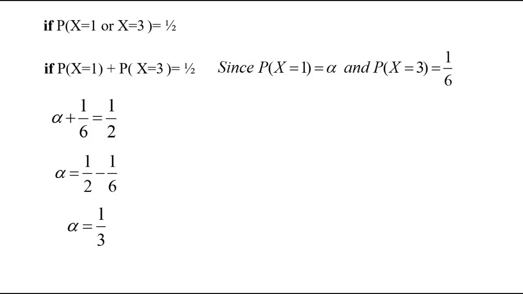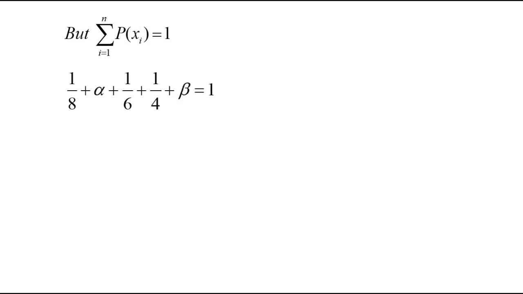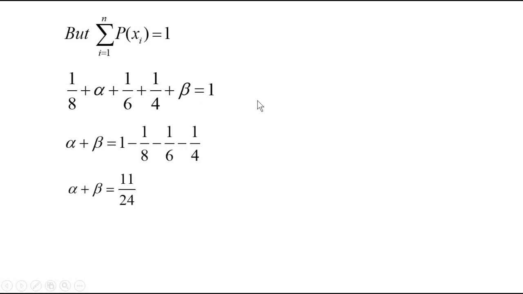beta. Only one condition is given, but we know by default that if we have a probability function, the sum of all the probabilities will be equal to 1. Now using this condition, we are going to add all the probabilities from the table, which is equal to 1. Now solving this equation, you know the value of alpha, substitute 1 by 3 and find out the value of beta, which is 1 by 8. Thus we have obtained the values of alpha and beta from the table.